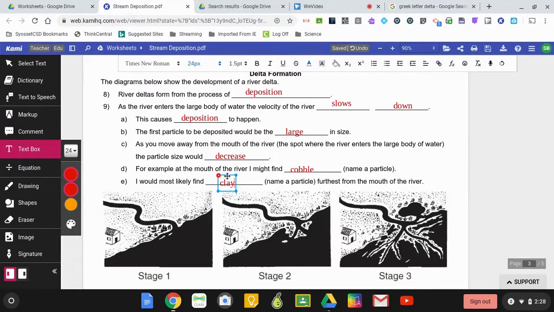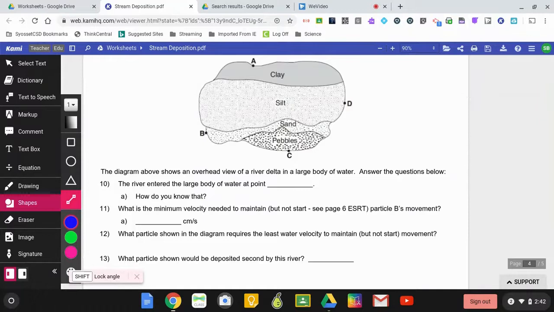So it would be clay. And that's what the stages are showing you over time, stage 1, stage 2, stage 3, and that is how a delta is formed. So here's another view of a delta from overhead, and the diagram above shows an overhead view of